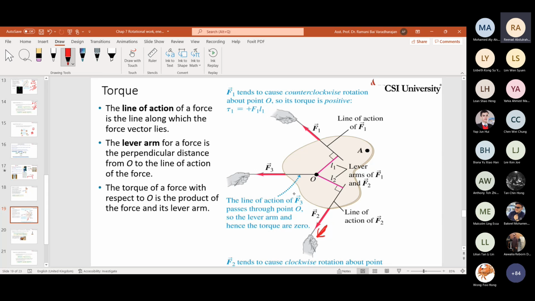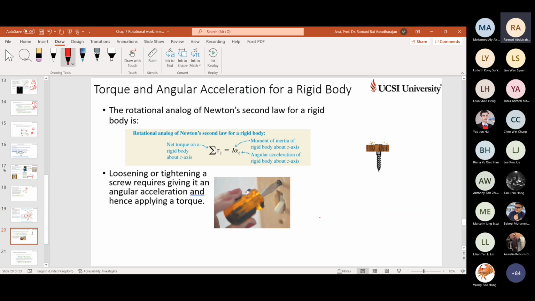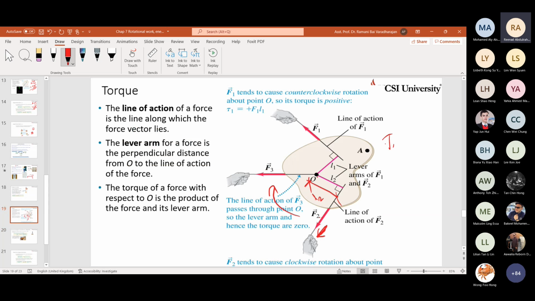This force is applied perpendicular. When it is applied perpendicular to the body, there is work done, rotation is done. And if you want to calculate the torque produced, it will be force times the perpendicular distance from the center of rotation to the point of the force. So this lever arm is L2. Lever arm L2 times F2 will be the torque produced. If you want the torque produced by the force F2, it will be F2 times L2.